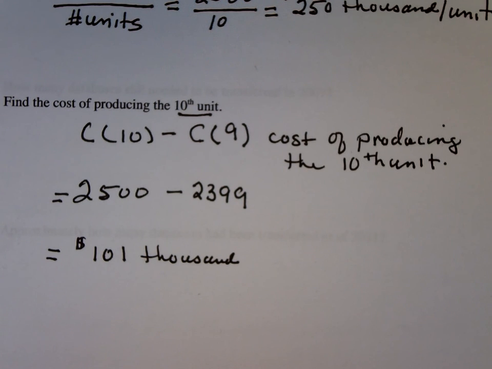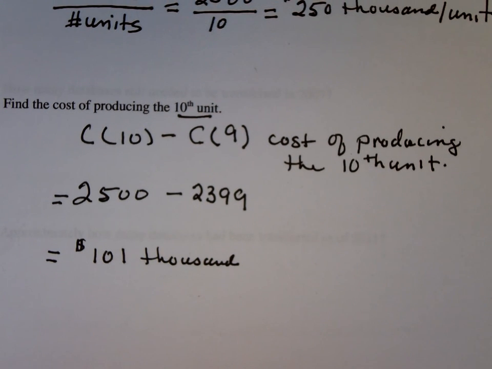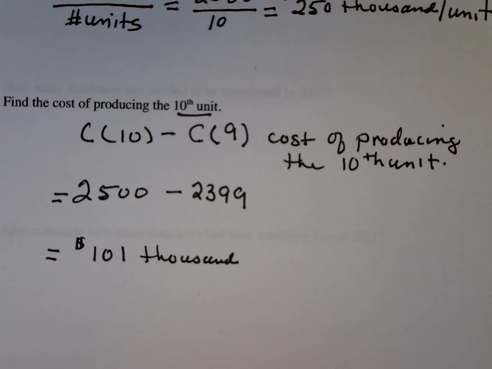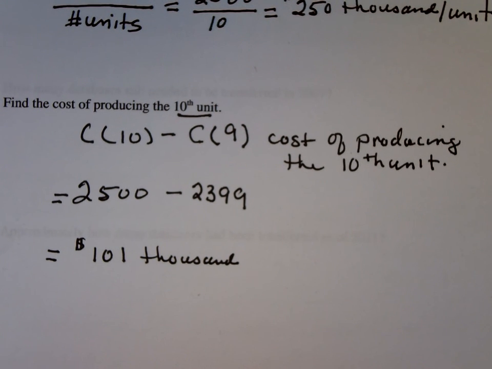Which is interesting because the average cost is what? $250. That last unit is only $101, so that tells you how that cost curve is changing. So who knows what kind of benefit